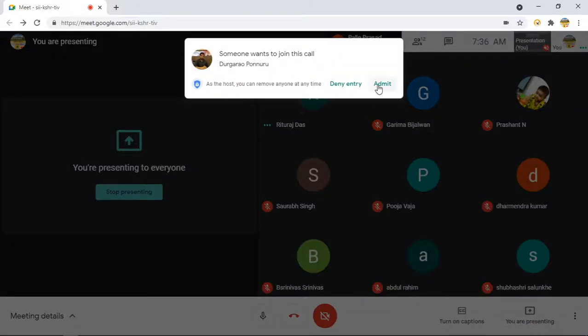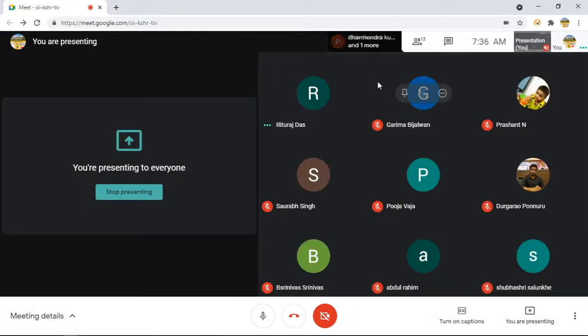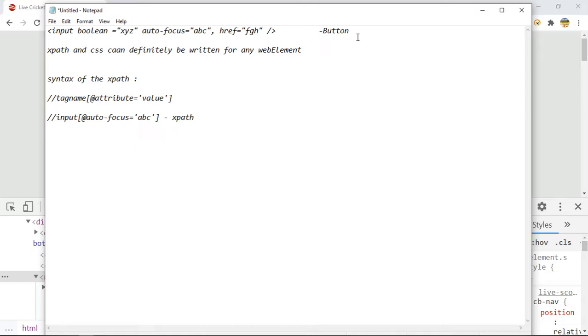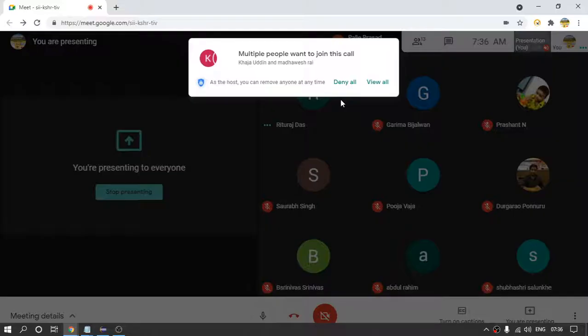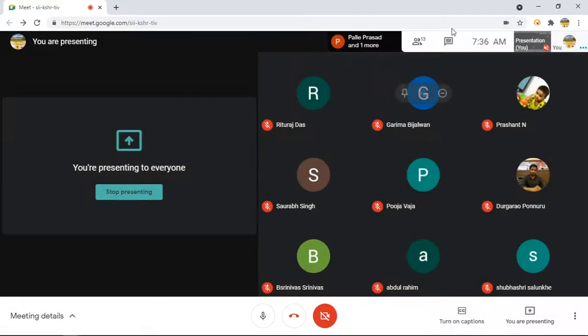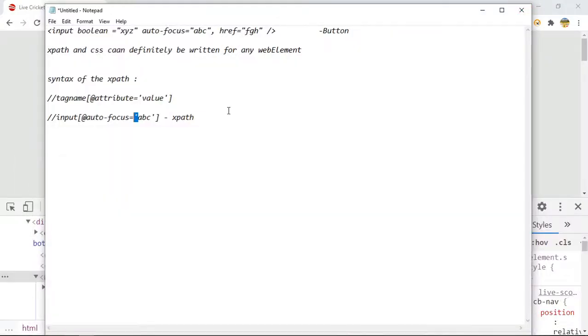Can we even use the href, the one which you wrote last? Yeah, you can use any one. And the value goes inside single quotes. Is the value inside single quotes or double quotes? It is single quotes. Okay, thank you. So here it is just a dummy line, which I have written for understanding purposes.